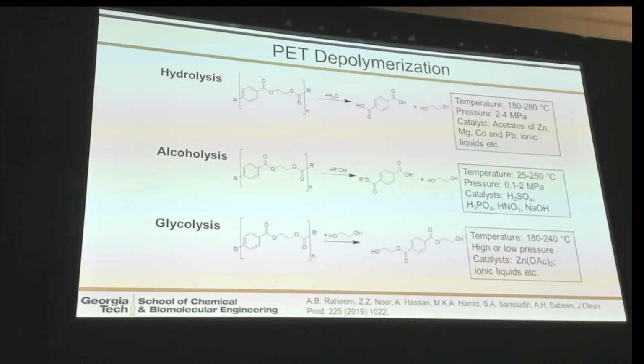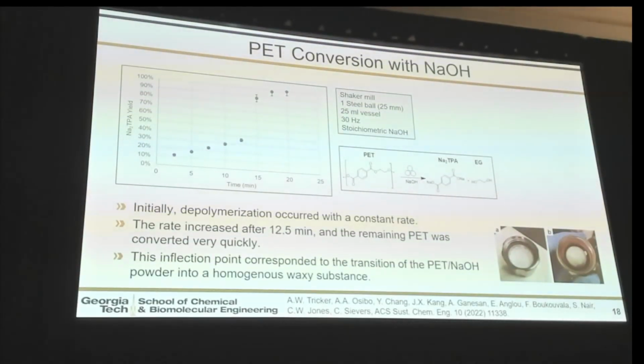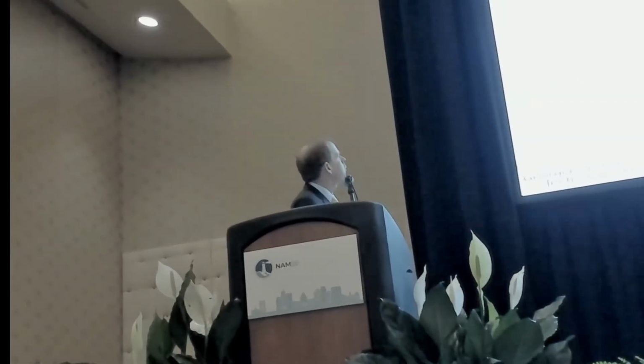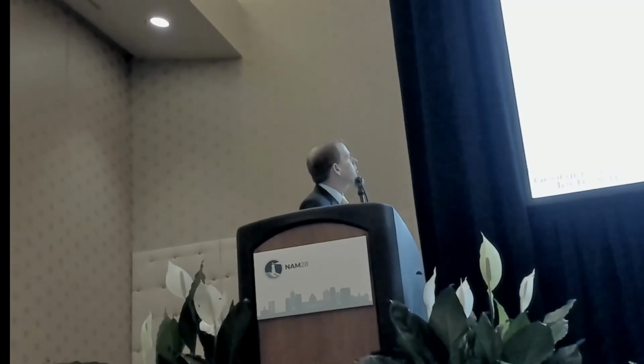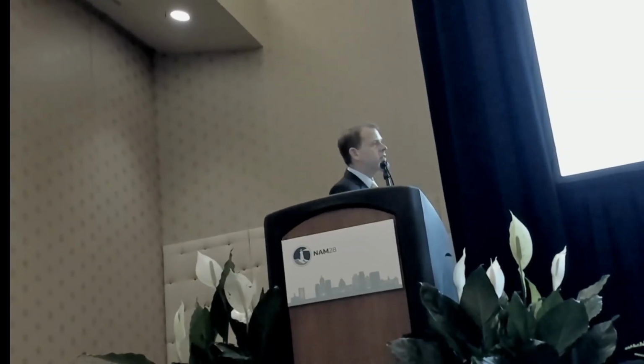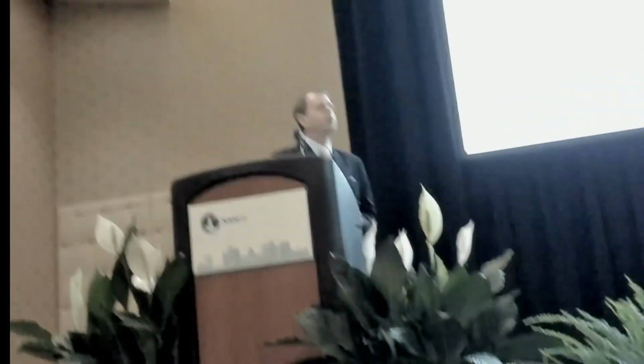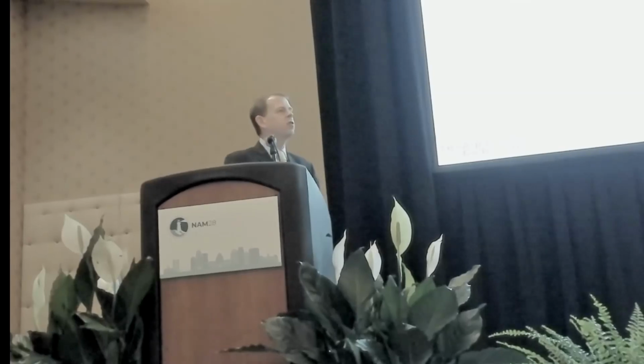Typically, you're looking at processes at elevated temperature and often a few hours to reach conversion. And so we turned to a process where we milled PET with sodium hydroxide, with the products being disodium terephthalate and ethylene glycol. When you look at the kinetics of this reaction, we form monomer at about a constant rate for about 12.5 minutes. And then we have a rapid acceleration of our rate by a factor of 3.5,